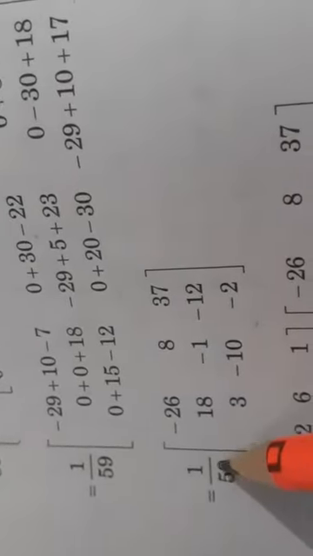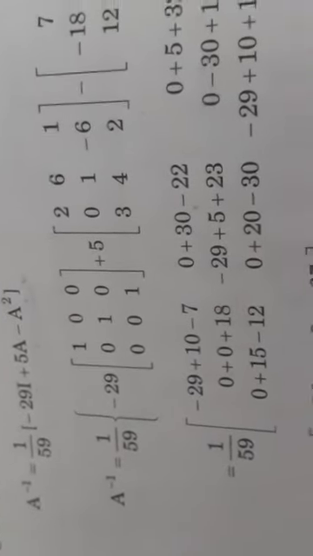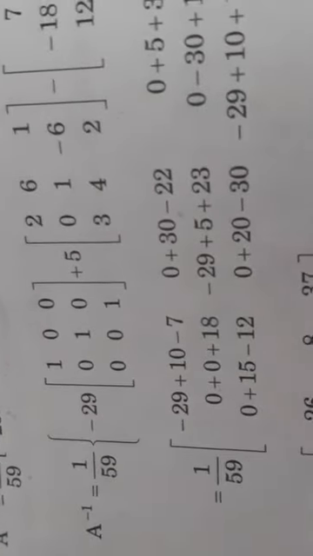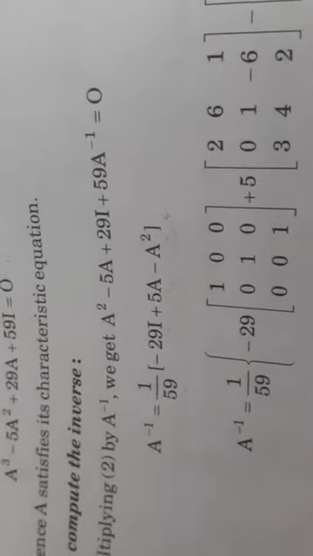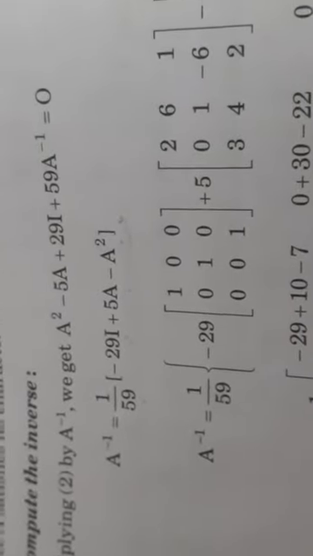What is this? This is the determinant of A, and this gives you the adjoint of A. A inverse was 1 upon the determinant of A into the adjoint of A. So this is your adjoint of A and this is the determinant of A. In this way, by using the Cayley-Hamilton theorem, we can also deduce the inverse of a matrix without calculating its adjoint. It's the simplest way to find A inverse rather than your previous, longest method.